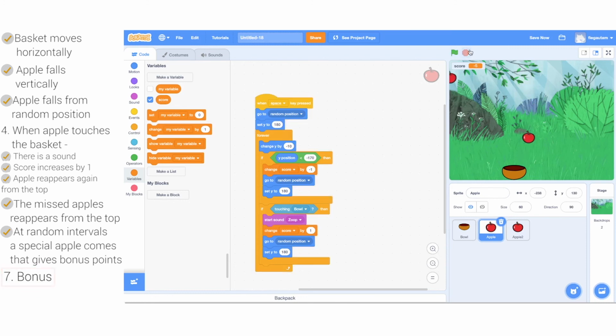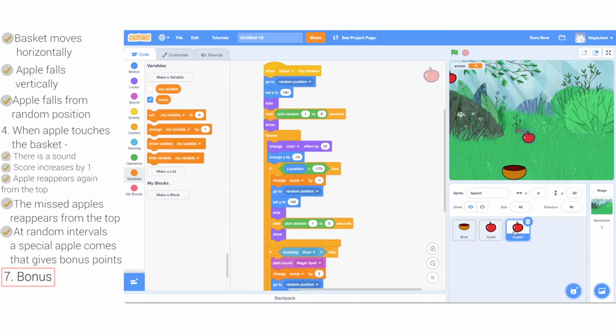Next thing is, if I want to make the game slightly more complicated, I can simply increase the speed of the apple, right? So instead of change Y by -10, if I make it change Y by minus say 20, you will see the apple comes down very quickly. I'm changing the same for the special apple as well. Let's try it out. You can see here the apple is coming down really quickly. I missed the special apple. Look, because of this my score has been almost 0 continuously. So that is making your game much more difficult.